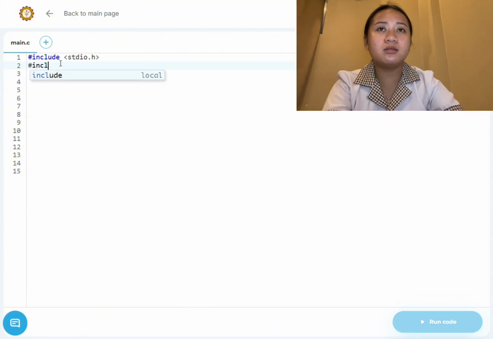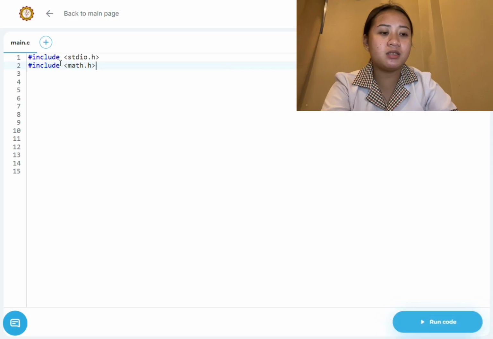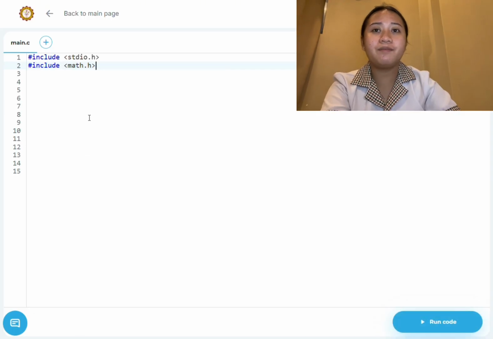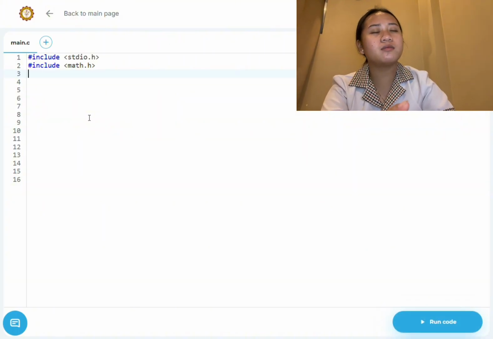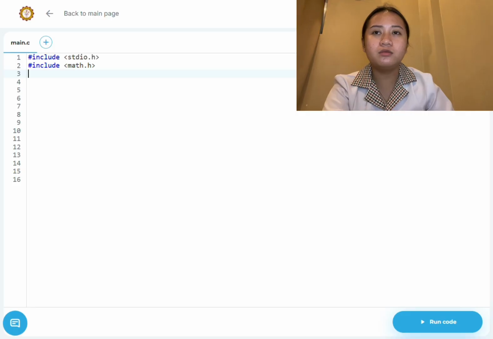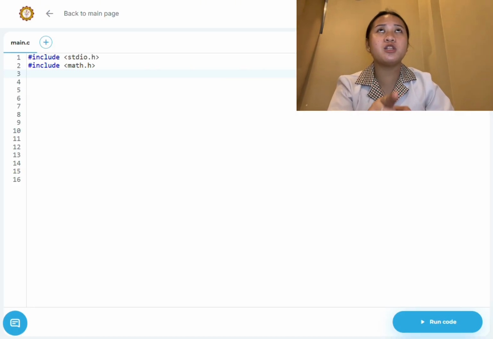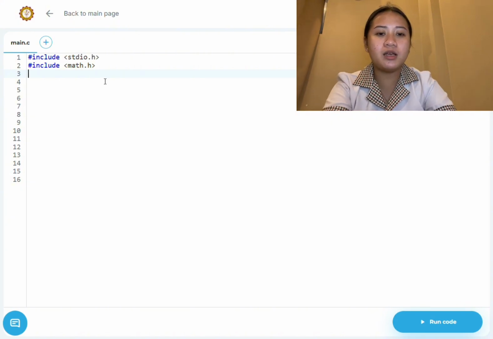And the next code is the hashtag include math.h. It is the mathematics library that includes mathematical functions, providing access to functions like sine, cosine, square root, and power or exponential function. So the next one is the hashtag include